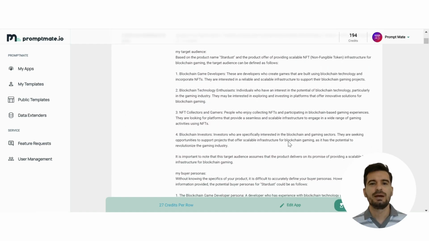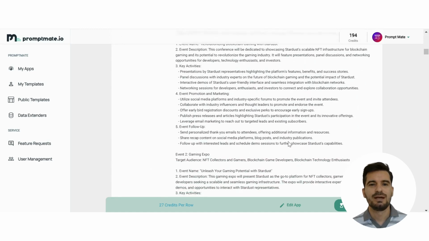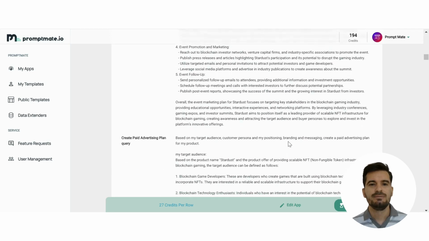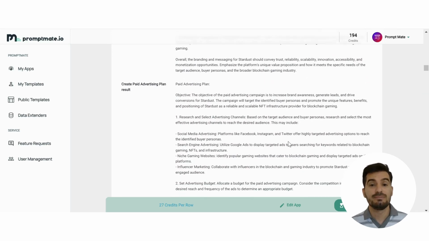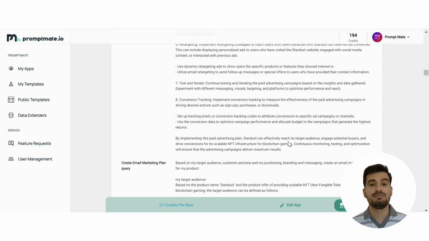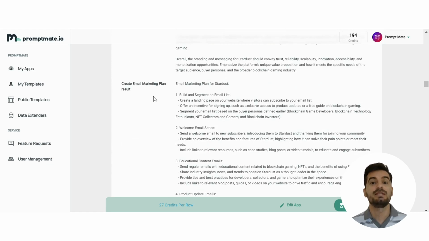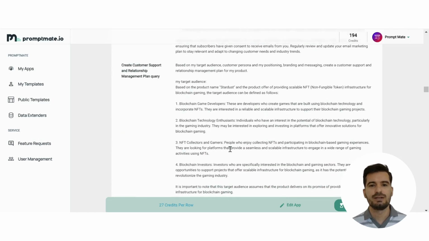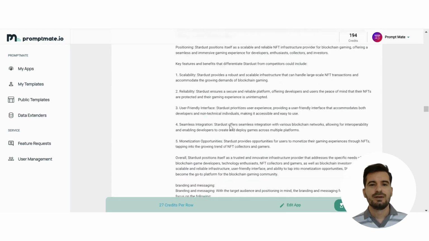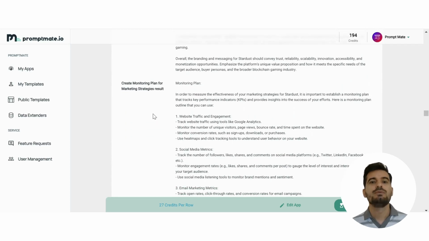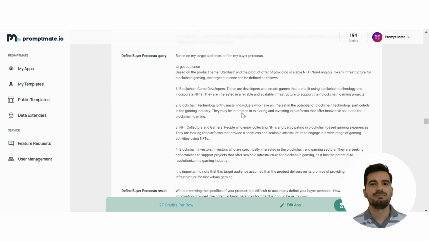Once the results are ready, you will be able to see that this template operates systematically by executing a sequence of strategic steps. The template will define target audience, define buyer personas, identify competitors on Google SERPs, summarize and analyze competitor offerings, unique selling propositions and key features, define product positioning, define branding and messaging, create content marketing plan, create